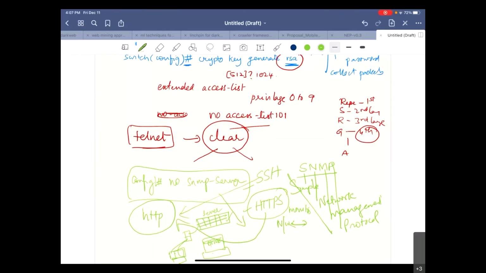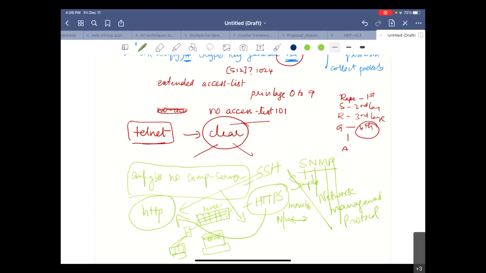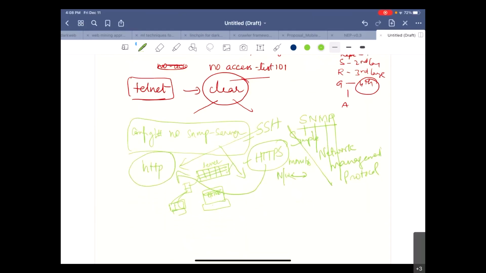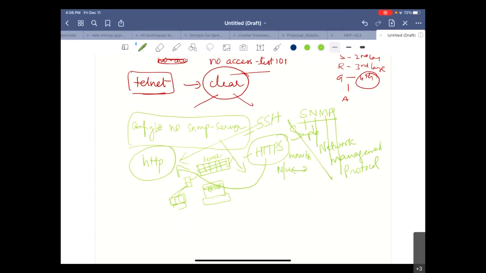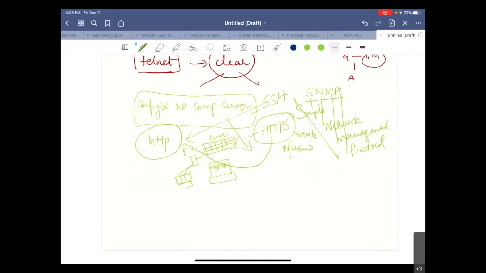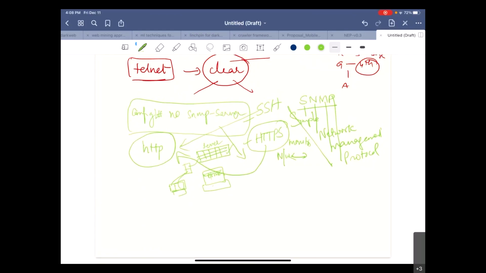But if you enable this HTTP server in a switch or router, anybody who knows that IP address can access it through a web interface. That's what we always recommend: the HTTP server should be disabled in switches and routers. So the command is no IP HTTP server. If you want to configure again, and anything you are configuring through the web, you start by giving IP HTTP server and Control Z.